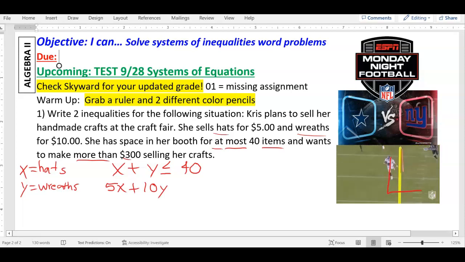No, apparently not. Everybody, it says we need to make more than 300, so I'm going to put 300. Now, if it says more than, what do you think the inequality would be? Greater than, okay? More than means greater than. Is it equal to, though? What do you think? If it only says more, then it cannot be equal. So that's how you're going to write your second inequality, right?